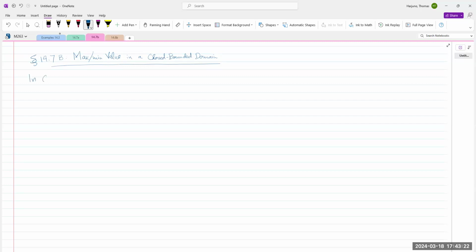In calc 1, we have this theorem. If the function f(x) is continuous on a closed interval [a, b], so let's say you have a function, right, and you have interval a and b, continuous and closed. Okay, then we will have